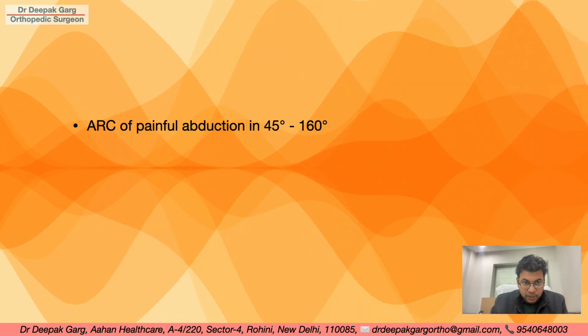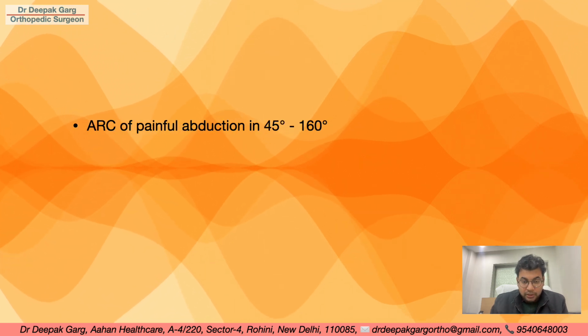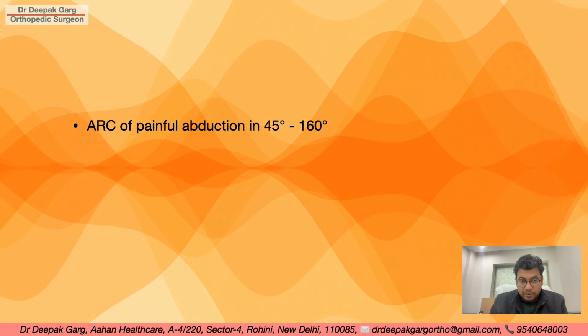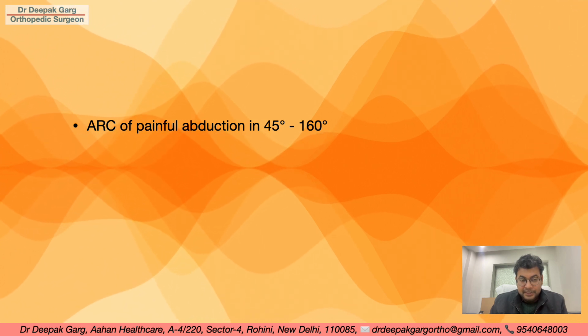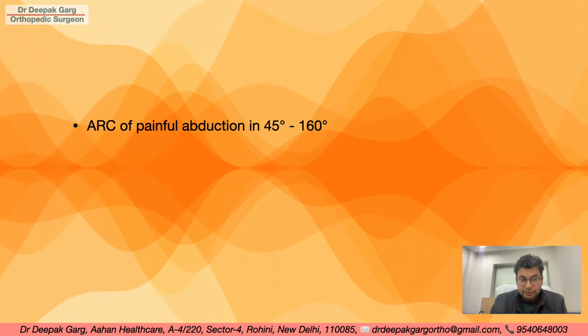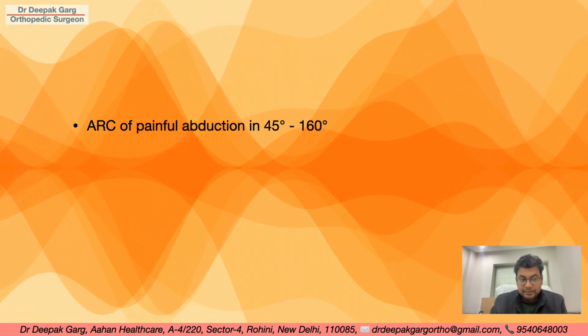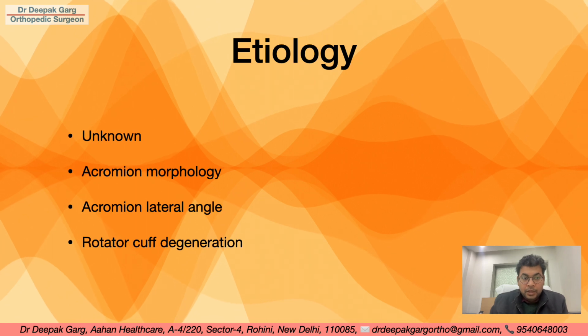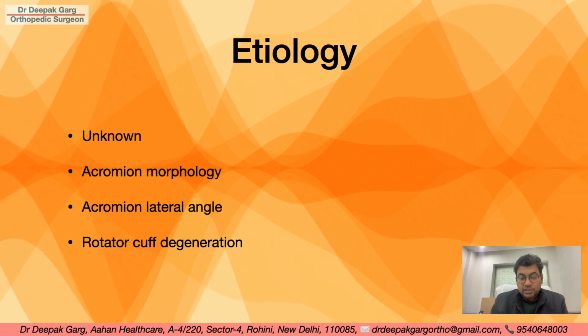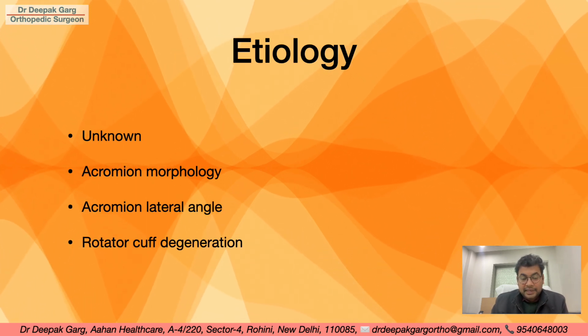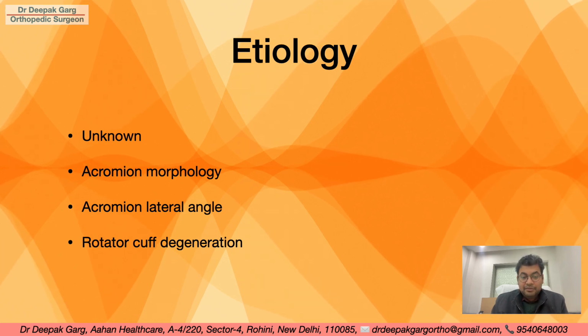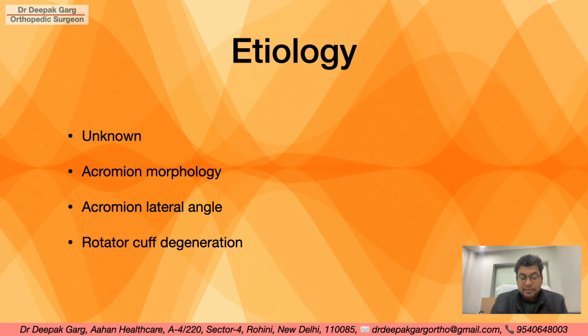So let's now discuss all these things in detail. When the patient has impingement syndrome, he will usually have a painful arc. When we abduct from 45 to 160 degrees, the patient will feel pain. So what is the etiology of impingement? Majorly the etiology is unknown, but as we have already seen, it can be because of the enlargement